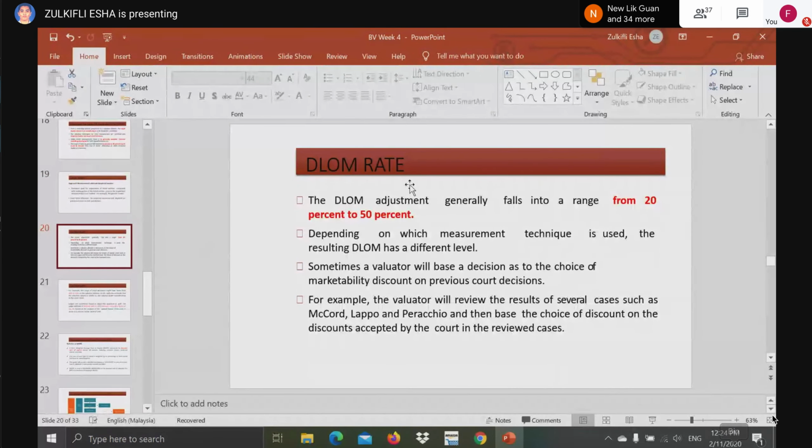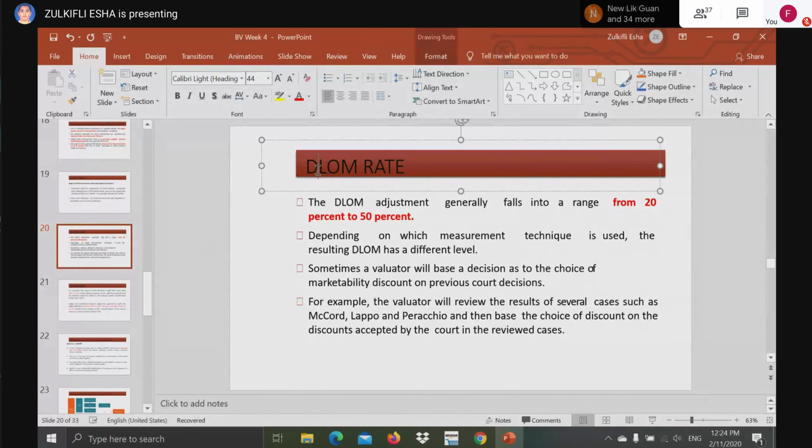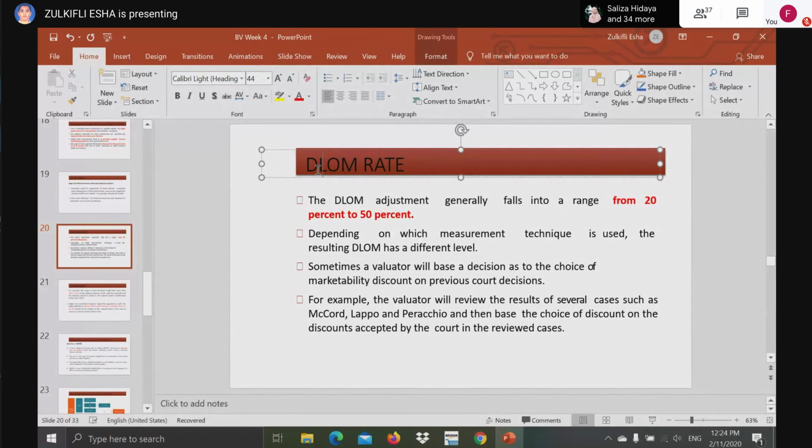So this is the DLOM rate discount. Discount for, I'm already hungry. I have another class from 2 to 4 today with first year. Discount for lack of,